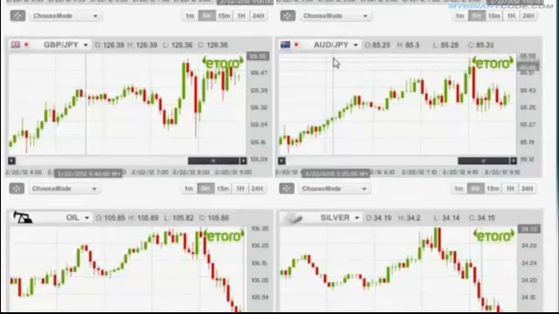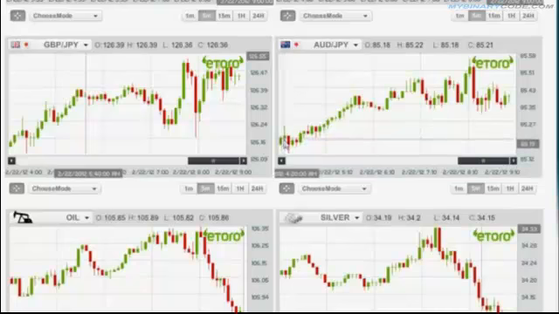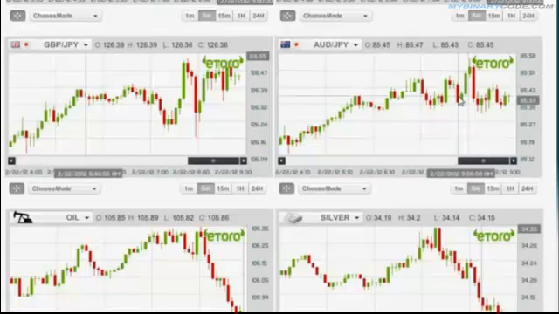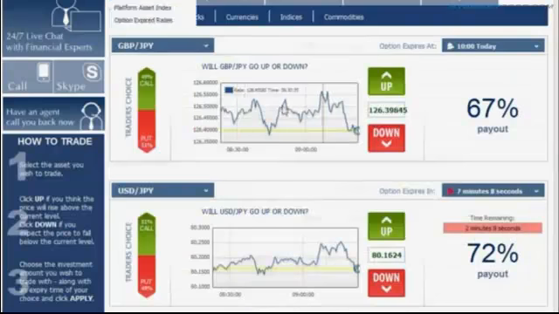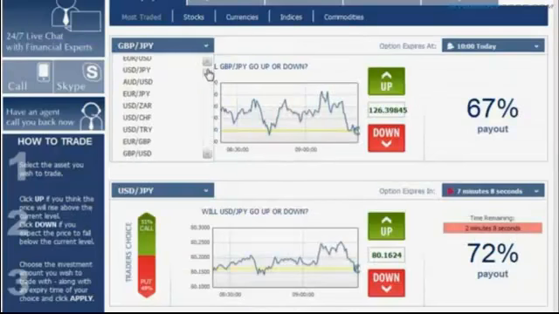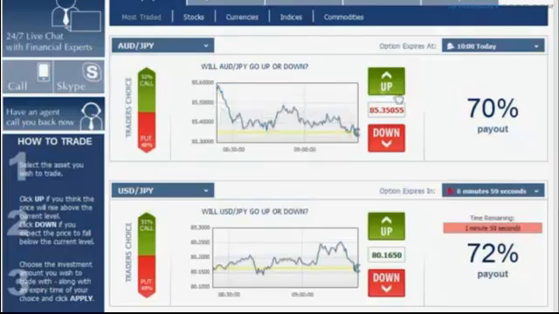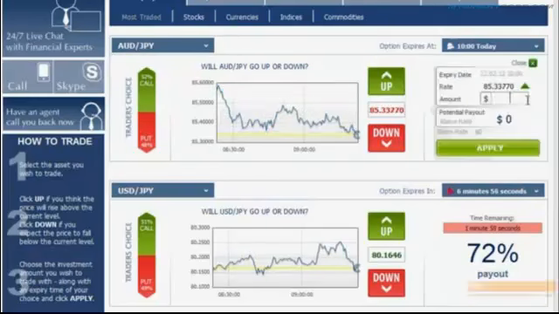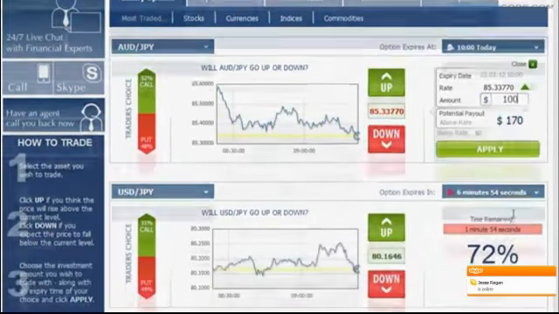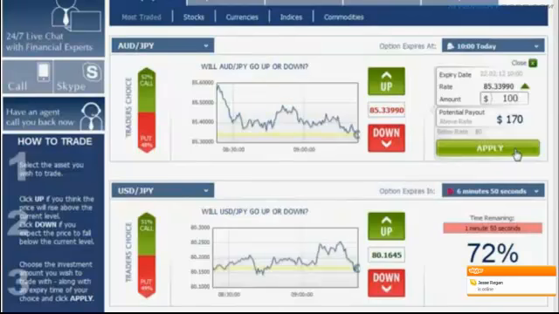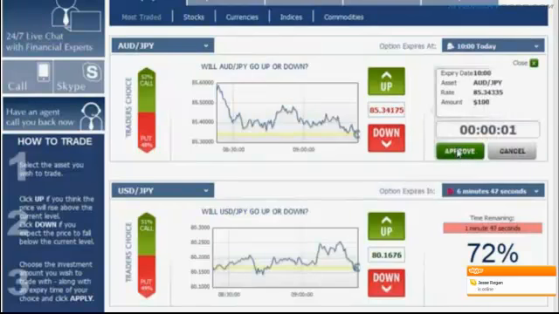We continue on to the AUD versus the Japanese yen. This as well is a beautiful upwards going trend line going from this point all the way up here. It has its dip here, but it's okay. It's clarified as an upwards going trend. We go back to the platform, choose the AUD versus the Japanese yen right here. Since it's going up, we click up, enter $100, and apply. We approve the option